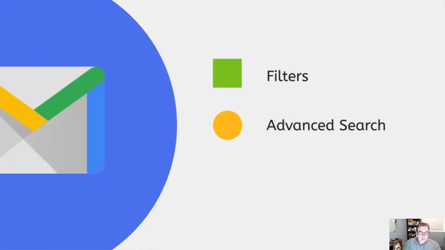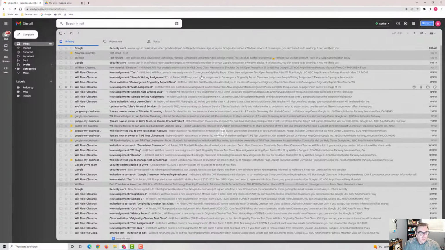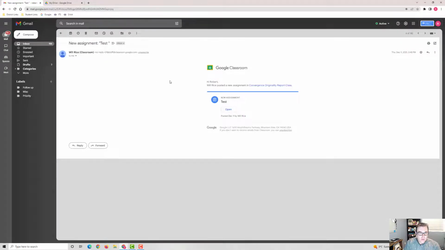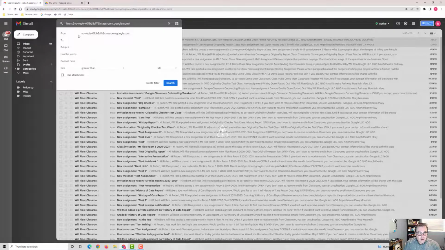The second area where you can make a lot of improvements is in both Gmail and Drive. In Mail, the first thing you can do to really speed things up is to use the filtering feature. This will allow you to take notification emails, such as the classroom notifications that you may not want to have front and center, and filter them into a label which will show up on the side. It's as easy as opening the type of email you'd like to have filtered, clicking the three dots, and selecting filter messages like these. Here we can see it's going to take all emails from this email address